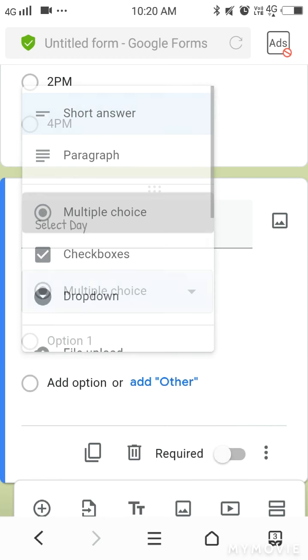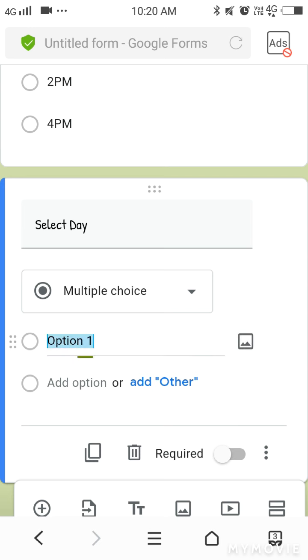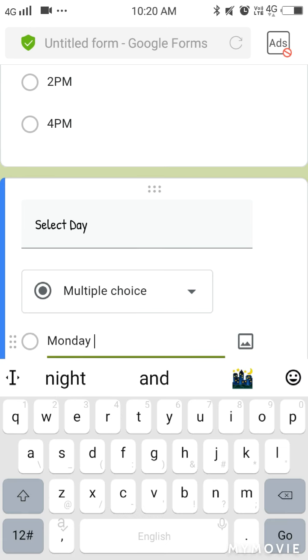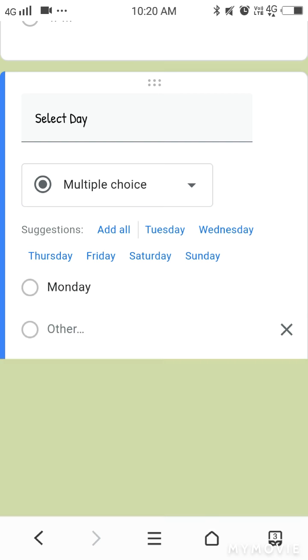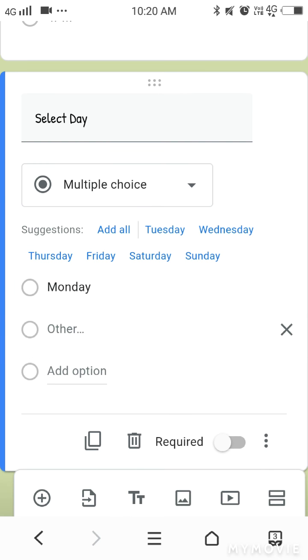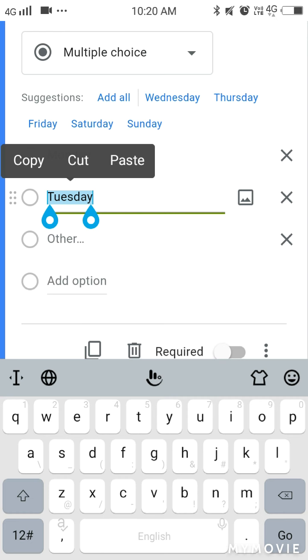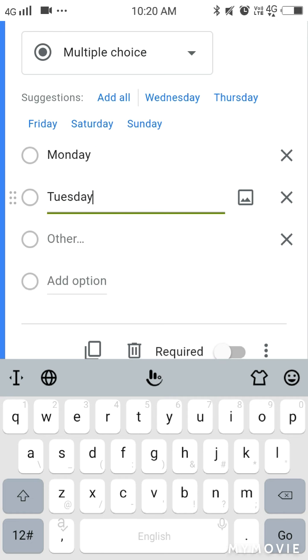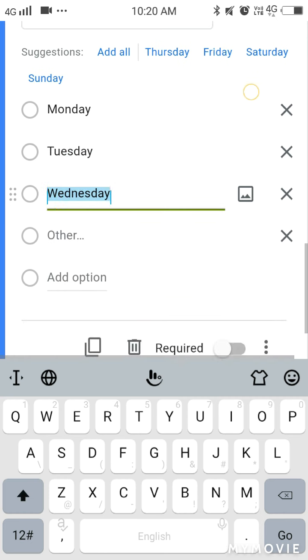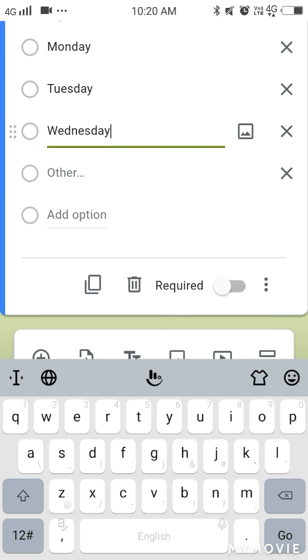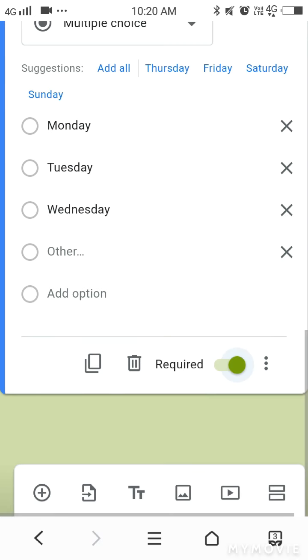Multiple choice I will select over here, and I will write option 1 Monday, Tuesday. My training workshop will be for 3 days, so Monday, Tuesday, Wednesday I will write here. I will make this a required field.